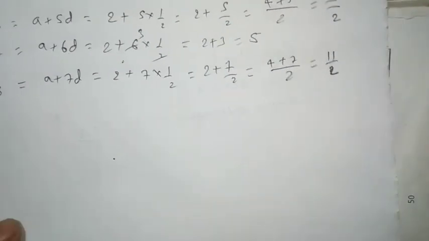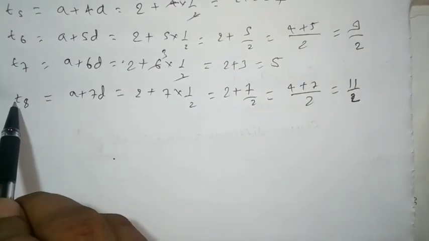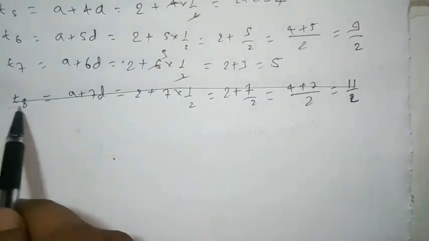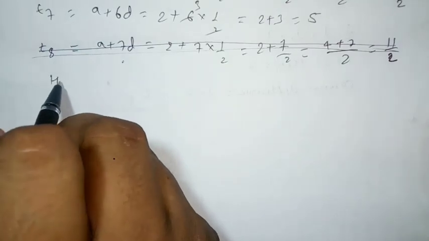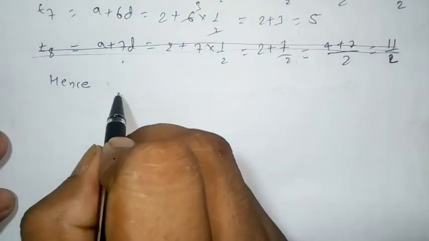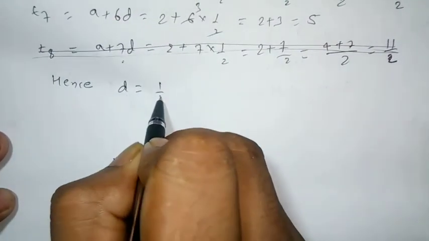Sorry, we have to find only 3 more terms, so no need for T8. So we write here, hence D is equal to 1 by 2